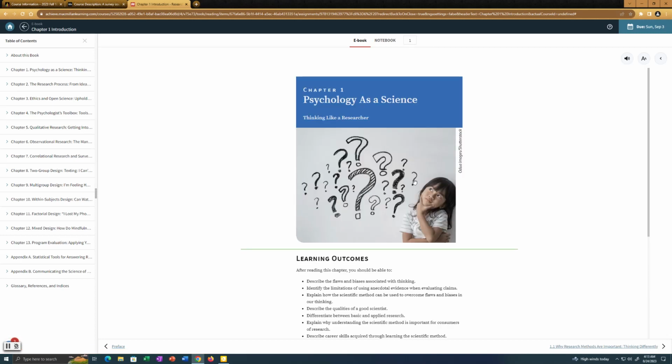So if you buy the Achieve, you get the ebook with it for free. You buy the Achieve program, you get the ebook. If you like the ebook, that's fine. You could read the ebook, whether it's on your phone, your tablet, or your computer, and then you do Achieve, the homework. That's what I do.